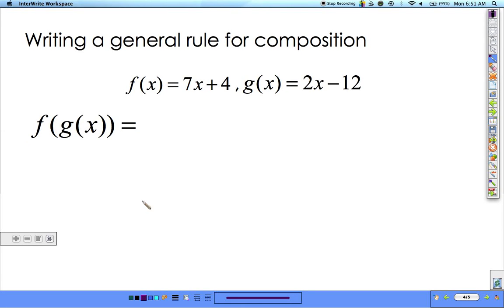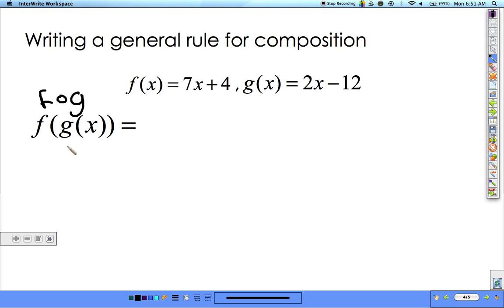Okay, so our next thing that we want to do, because we don't want to have to evaluate every time, we want to actually write a general rule for composition of functions. So again, this situation is, and I might have forgotten to mention in the last video, the same as f composed with g, right? f of g of x means I'm using g as the input